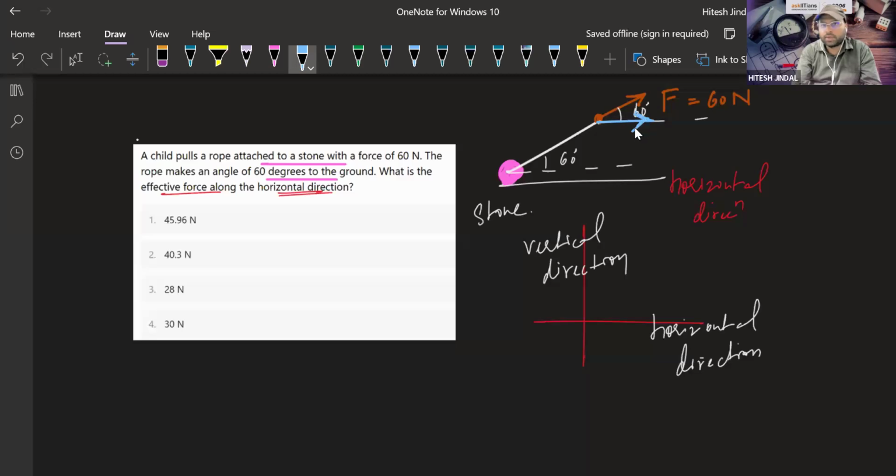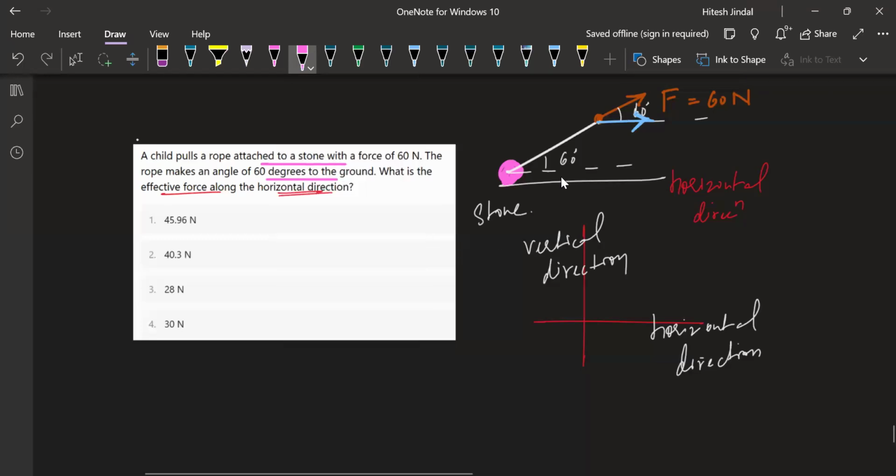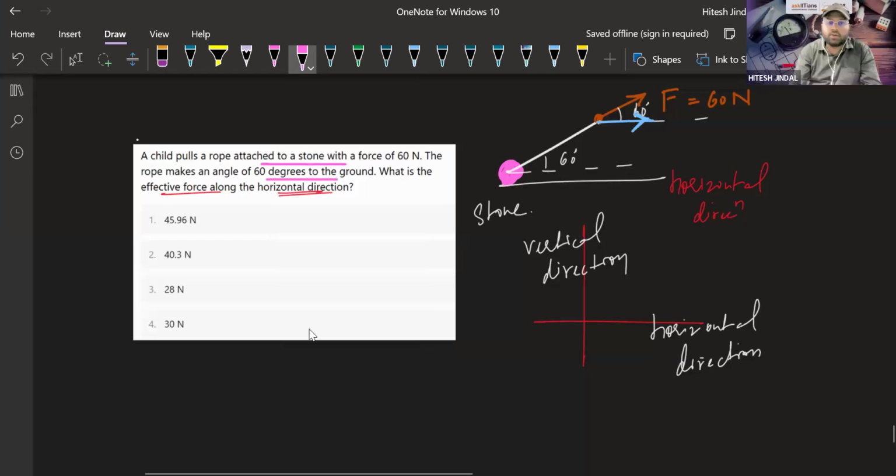Right, so what is this component that it is asking us to find? 30 Newton, sir. Very good, Amar. Yes, it is 30 Newton, right? So it would be F cos 60 degree, right? It is cos, this is the angle, right? So it is F cos 60 degree